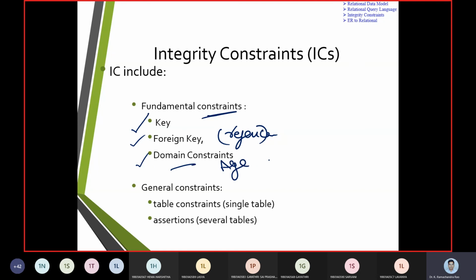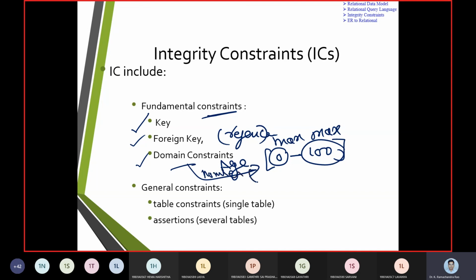So I call it age: minimum 0, maximum 100, so your age should be between 0 and 100. I give an age, it is a number of size 3, and it has a range between 0 and 100. We call such constraints domain constraints.